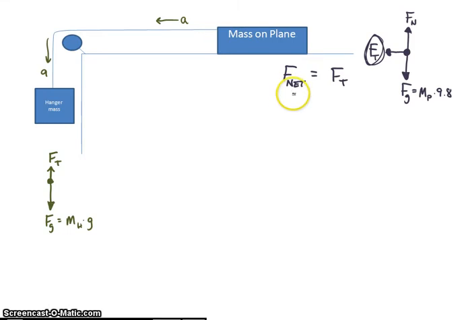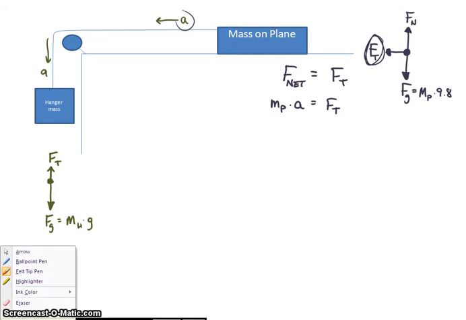So in other words, this net force is just the mass of the plane object times some acceleration, and that acceleration right there is the same as that acceleration right there, is equal to my force of tension. I'm going to look over here and talk about the same thing on this object. This object has a net force,